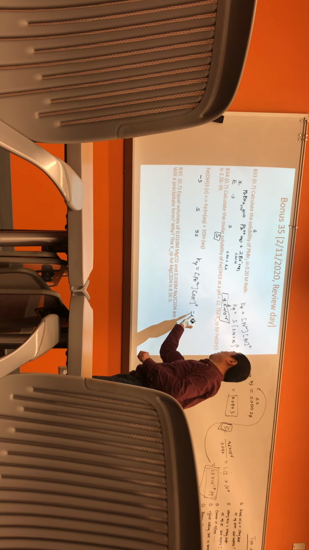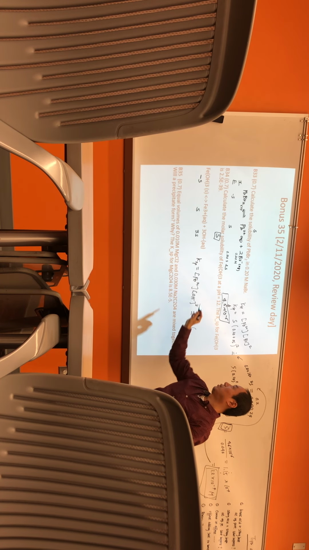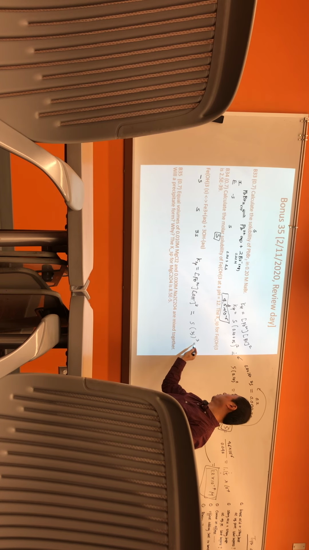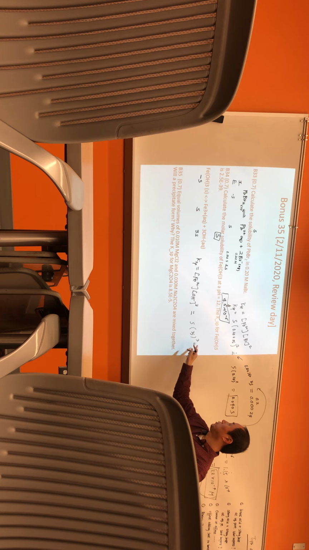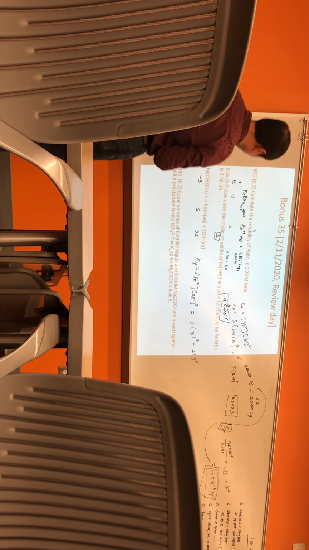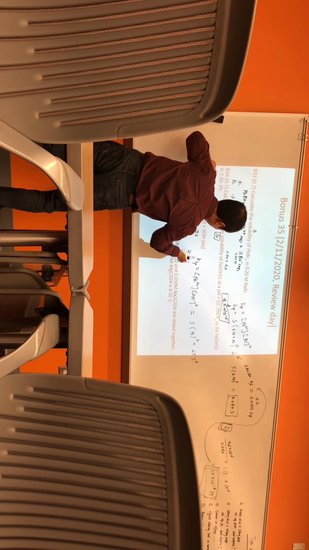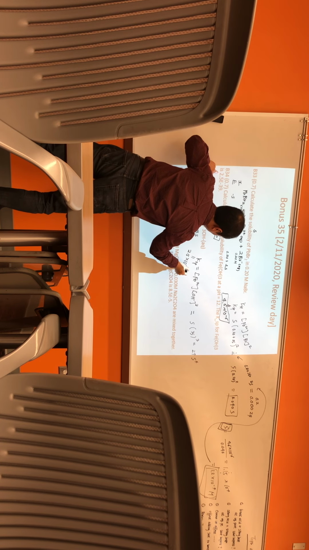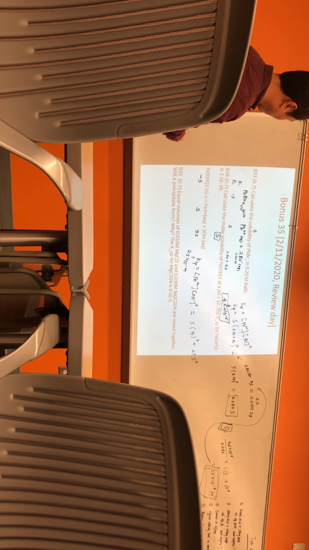Iron is S, hydroxide is 3S, and cubed, 3 to the cube is 27, S to the cube is S, so 27 S to the fourth. And then KSP is given as 2.5 times 10 to the minus 39. And to find out S,